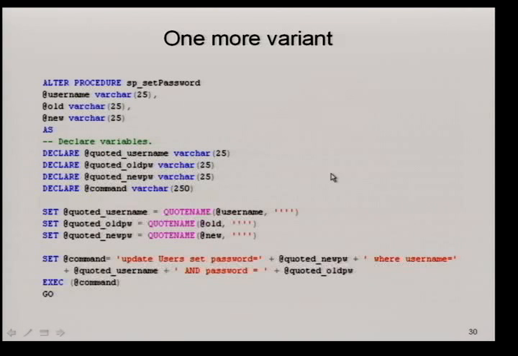Can you exploit this one? What's the problem with this code? The truncation doesn't happen here, but the truncation happens here. So what happens if you pass 25 characters? Quote name is going to add a beginning delimiter, and then there will be 24 more characters followed by a single quote. But because this variable can only hold 25 characters, the last 2 characters will be truncated. So what you will end up having is a single quote followed by 24 characters, because the last 2 characters will be truncated.